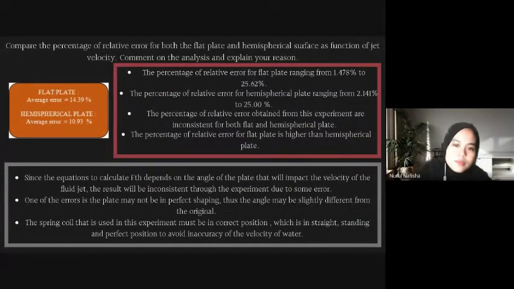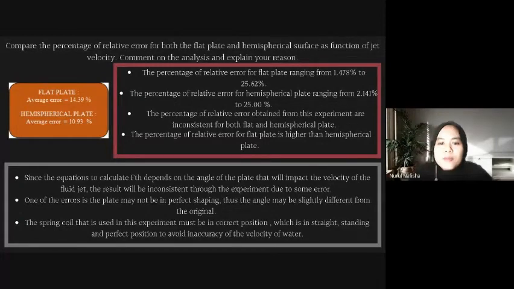So the average percentage error for flat plate is 14.39%, while hemispherical plate is 10.93%. The percentage of relative error for flat plate ranges from 1.478% to 25.62%. Meanwhile, the percentage of relative error for hemispherical plate ranges from 2.141% to 25%. The percentages of relative error obtained from this experiment are inconsistent for both flat and